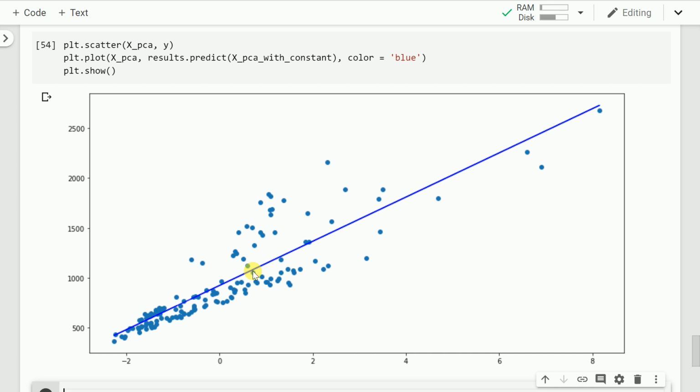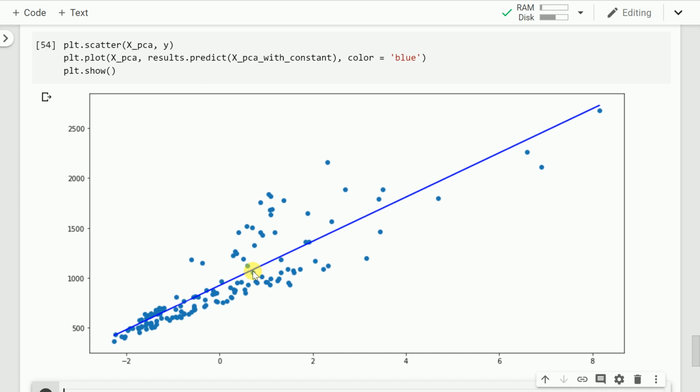The concept of using PCA for removing multicollinearity is really good, but this method cannot be used in cases where model interpretability is of prime importance. If the business wants to understand which feature is relevant, which feature is not relevant, in such a case, you cannot use PCA for removing multicollinearity. In cases where you're just chasing a good model, irrespective of what the features are or what the end features imply, then using PCA for removing multicollinearity is a good option.